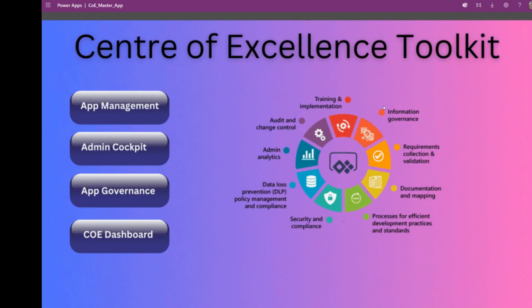And with that, we kind of come to the end of this demo on Center of Excellence Toolkit. And before I sign off, I just want to say this is only a part of what Center of Excellence can do. Center of Excellence can do quite a lot of stuff in terms of flow automation, flow ownership, API